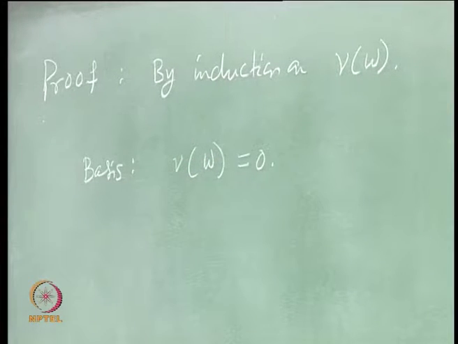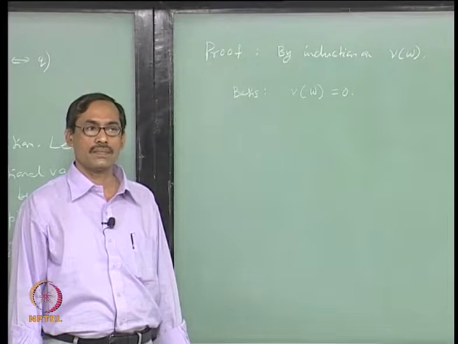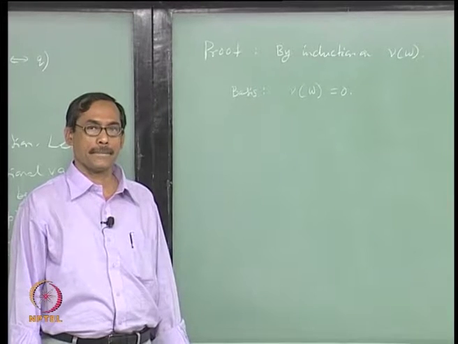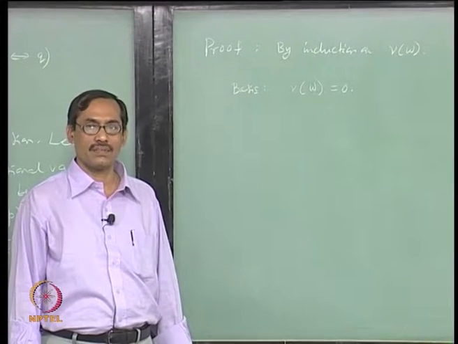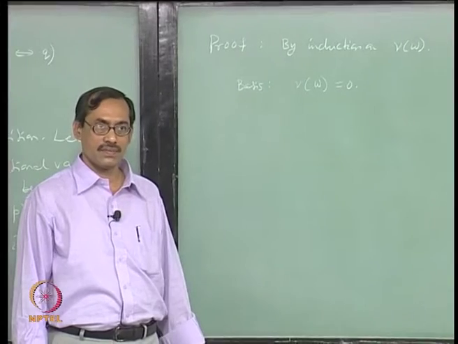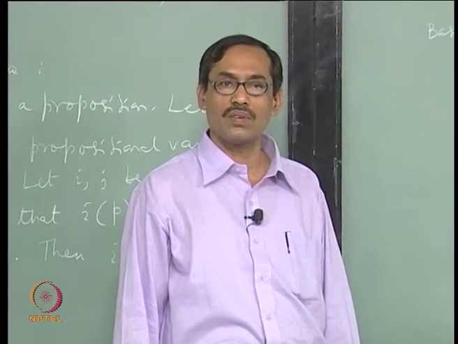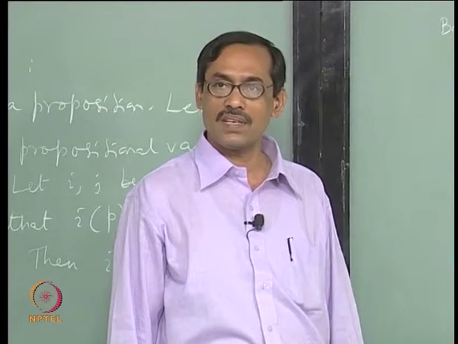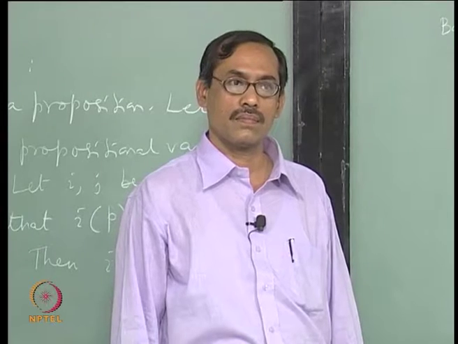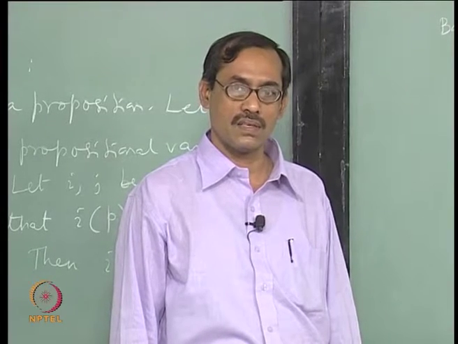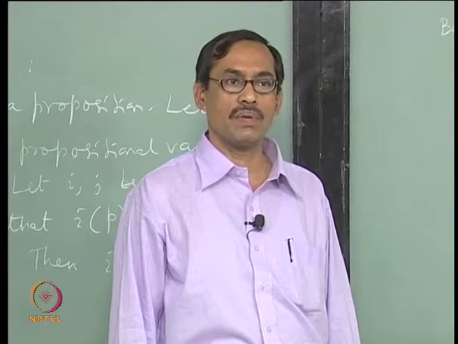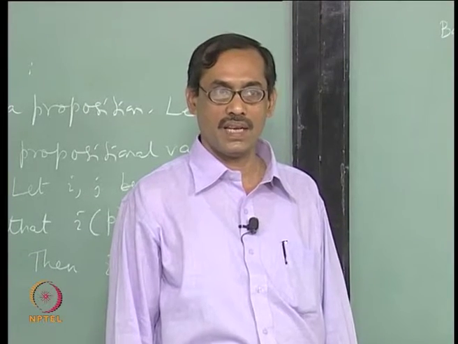So, in that case what could be W? There is no propositional variable occurring in it. What could it be? It is not propositional variable, it is the connectives, right. Nu W is the number of occurrences of connectives in W. If there is no connective, what could be W? It has to be atomic. So, atomic means what? It can be propositional constants, top, bottom, or it can be a propositional variable, fine.